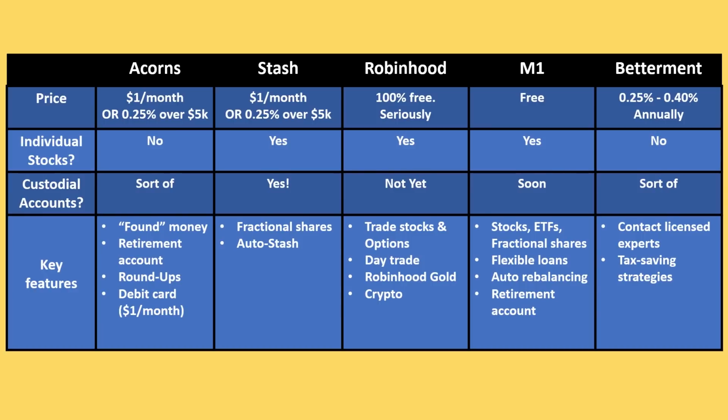Now, another thing that they have is retirement accounts. They have that pretty well set up. I think that's going to cost $2 a month for the retirement account. And then they also have something called Roundups. This is something that I haven't seen any of these other apps really doing, and that is they can actually connect your credit card to your account, and then every time that you make a purchase, say you buy a cup of coffee for